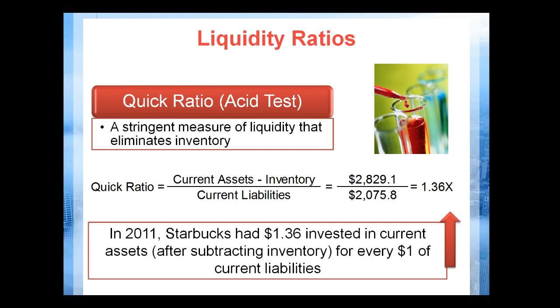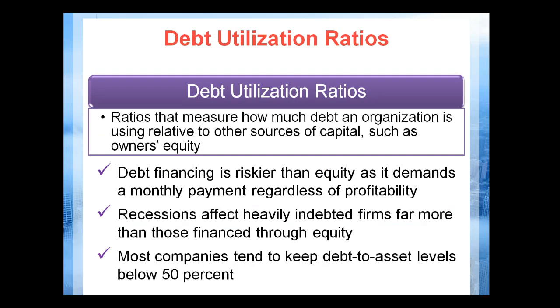Now, the asset test, the asset ratio is good. The current ratio is very good, but the quick ratio is very, very good, because we are really concerned about your assets, but we want to make certain that we take out of that number the things that we can't get extremely fast. It is the asset test of how you're using your monies to pay, or how much of your assets are being utilized by your current liabilities.